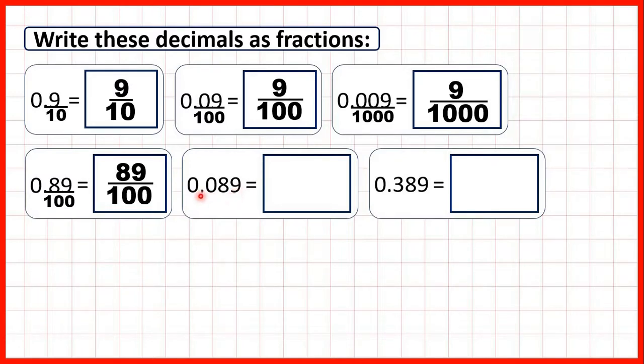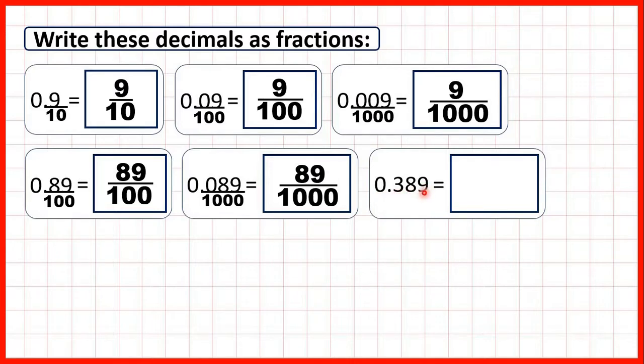thousandths digit. So we can draw a line across from the decimal point and write a denominator of 1,000. So that gives us 89 thousandths, because 8 hundredths is the same as 80 thousandths, and then adding that to the 9 thousandths gives us 89 thousandths. Finally, we have